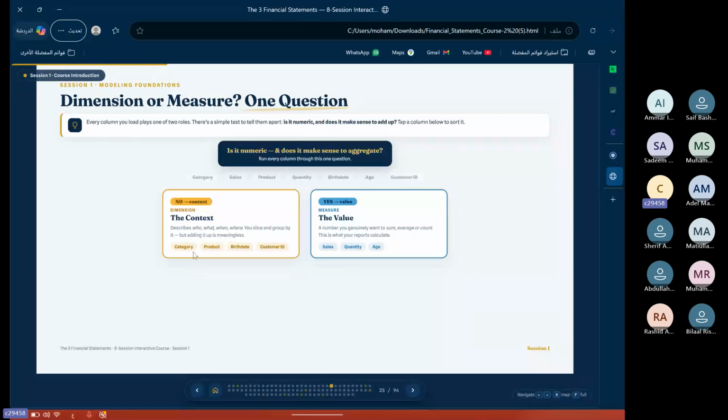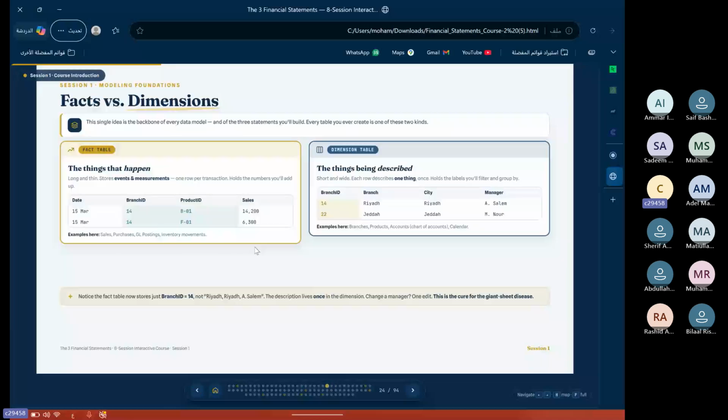You need to have a category table, and in this category table you have all the information about this category. For example, category 1 is meat. Anything that you want to add for the meat row, please add it, because you want to have a big database that can answer any question. And of course, you will not put all of this category information in the fact table. You will only put the ID.